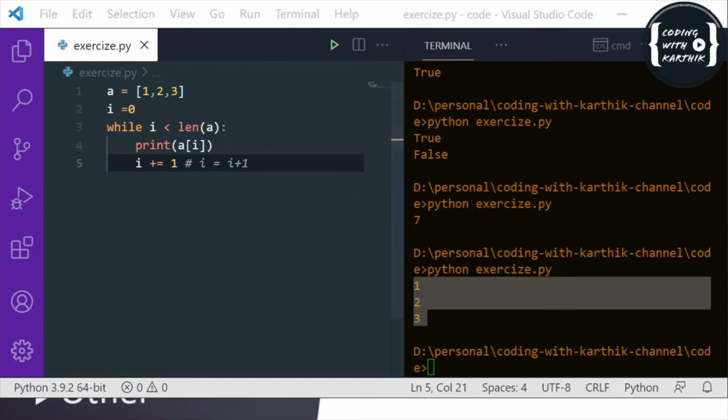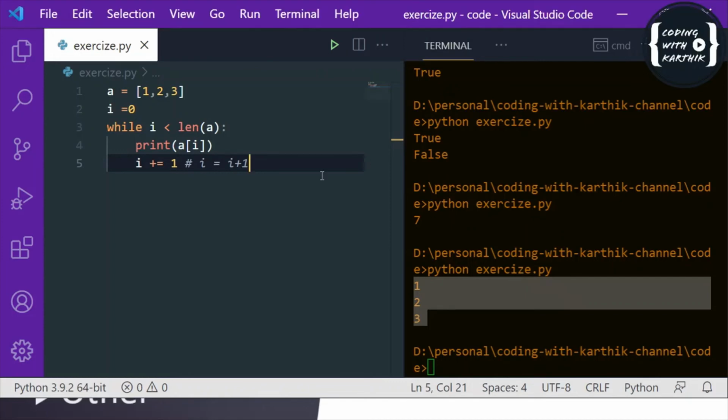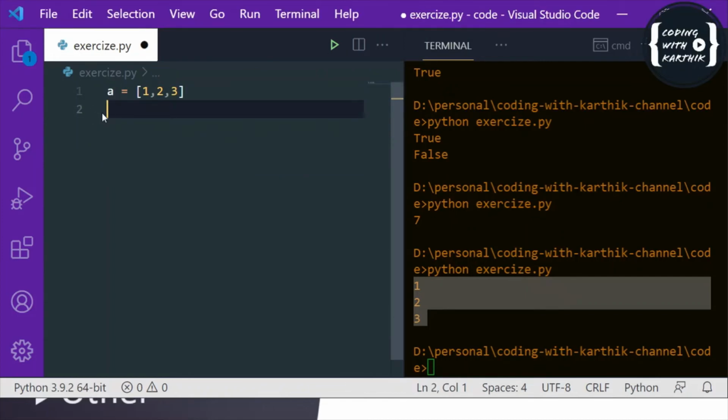Okay, next there are other operators in Python, like membership operators. So a membership operator is nothing but, let's say you have a list and you want to check whether an element exists in the list. I think I already discussed this in the previous session while we were discussing lists, tuples, or other data types.